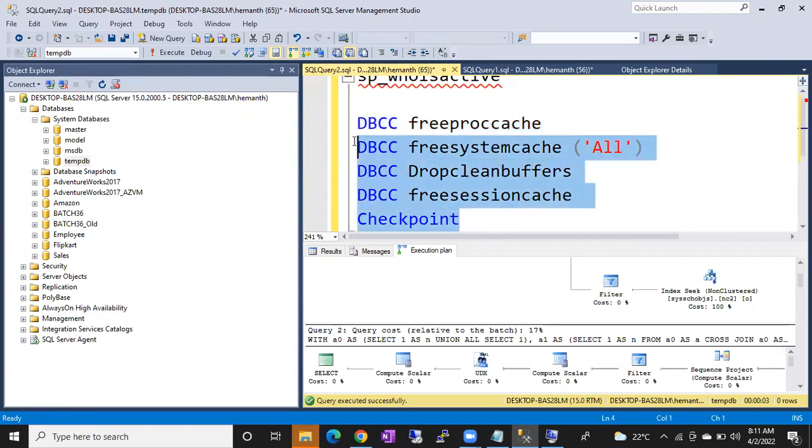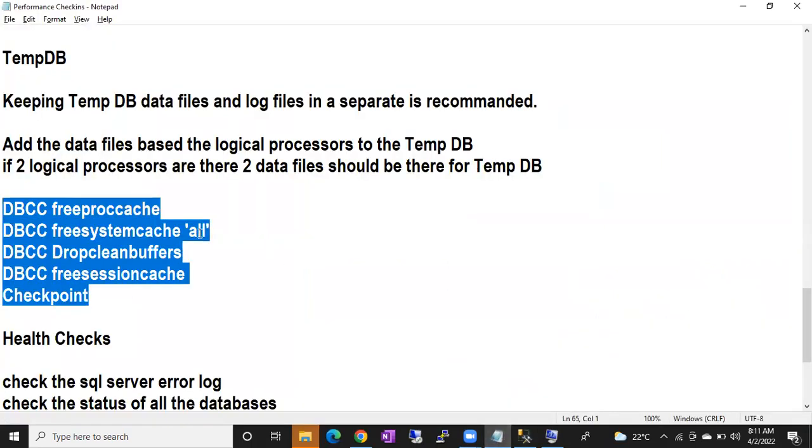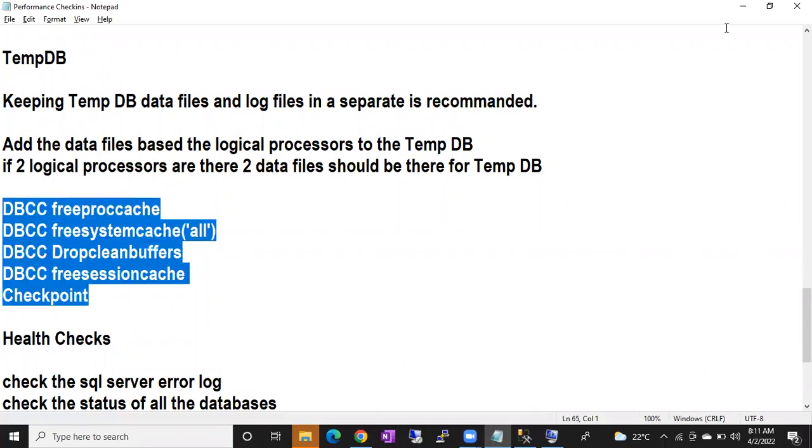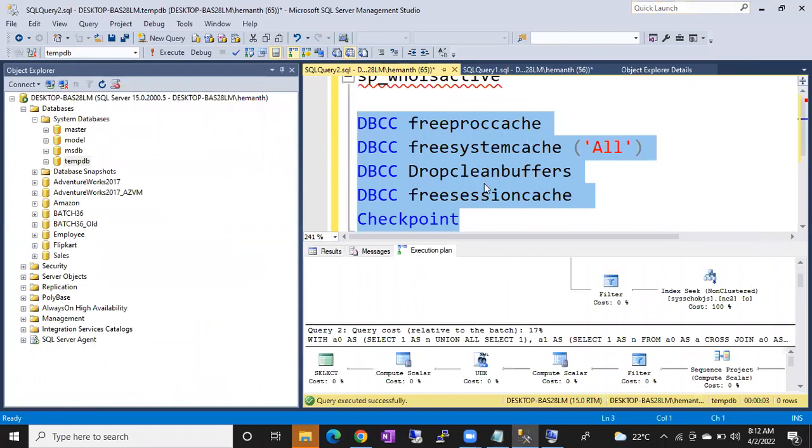Some organizations won't allow you to run these queries. Check with your colleagues whether we can run these queries or not. You can copy paste them from the document I just gave you. It will be there in the document, guys. Just keep it with you. Ask them, can I run these queries? Is that okay? Some organizations will allow, some organizations won't allow, guys. So before running the queries, check with your colleagues whether you can run this proc cache command and all. Based on that,